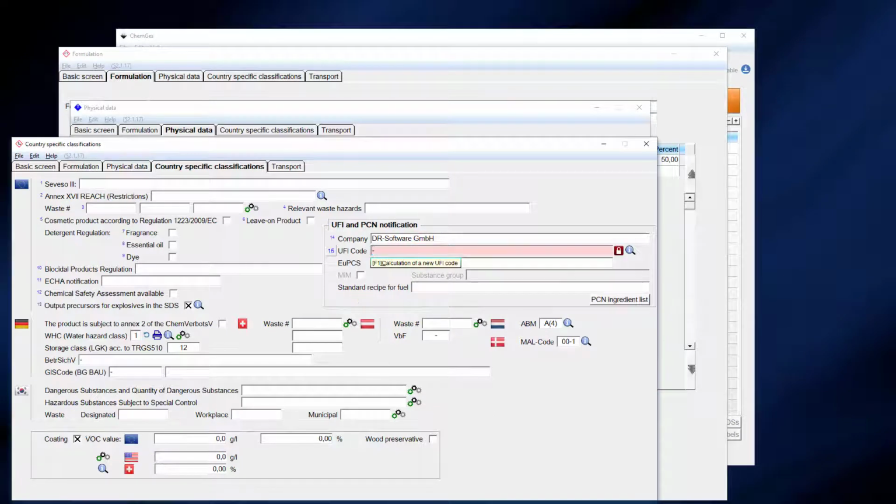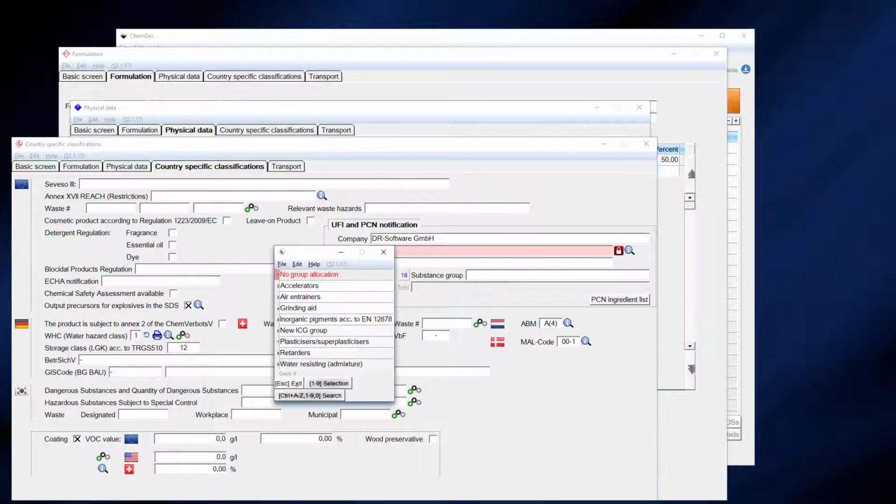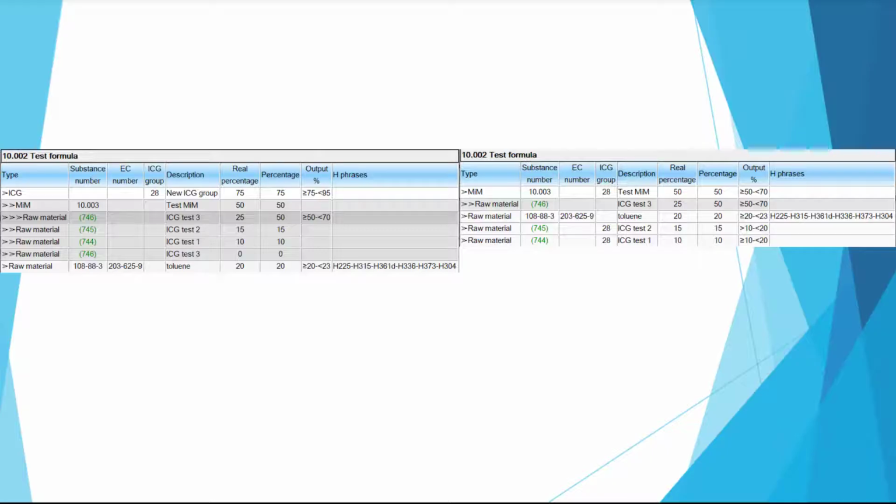To do this, simply assign a substance group to your MiM. We have illustrated this here with an example. Now we create a preparation which consists of 50% of the first created formula and 50% of the MiM just shown. Compare the results. The advantage of using ICGs is that you can now arbitrarily exchange all ingredients within an